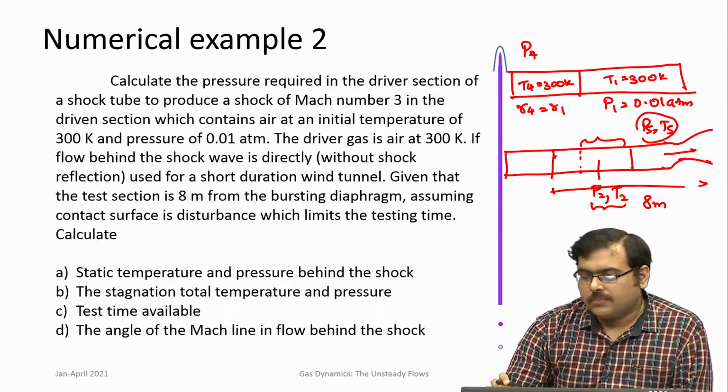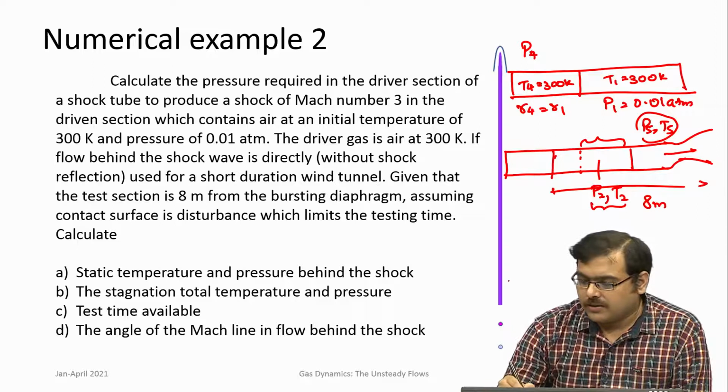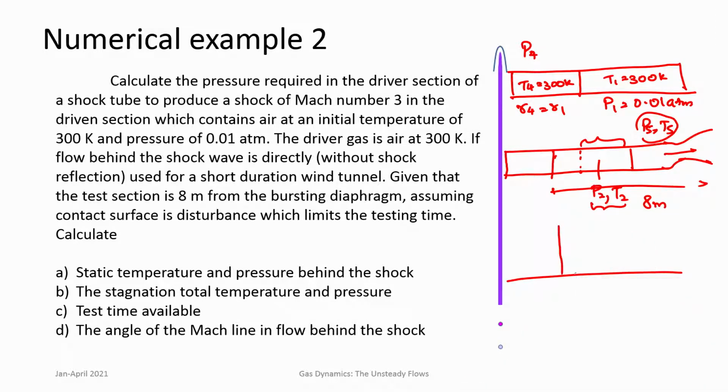So, if you draw the XT diagrams which we have been drawing for some time now in the previous classes, we saw that there is a shock discontinuity, there is a contact surface discontinuity, and there are expansion fans. So, essentially this test gas between the shock and the contact surface is the gas that is used for any kind of experiments or aerodynamic testing,